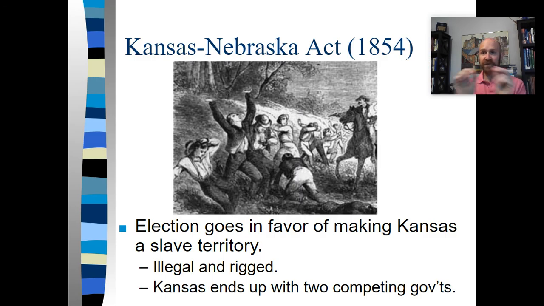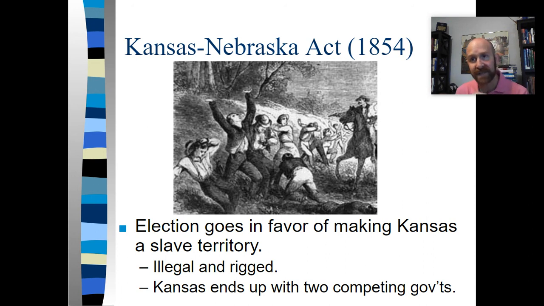So we've got two states in Kansas. When the Civil War actually comes to fruition, which will be relatively shortly, what'll happen is the Union will just start flooding in resources to help out the anti-slavery people. The South does the same, and it all plays out during the Civil War. So this is, I think, a pretty decent indication of what is about to happen.